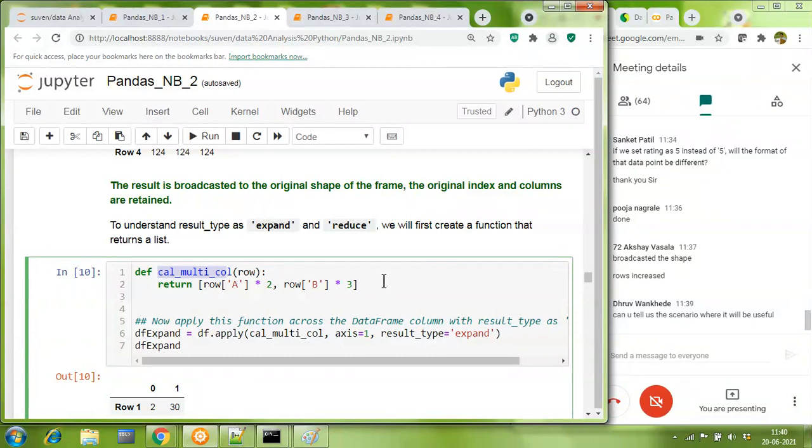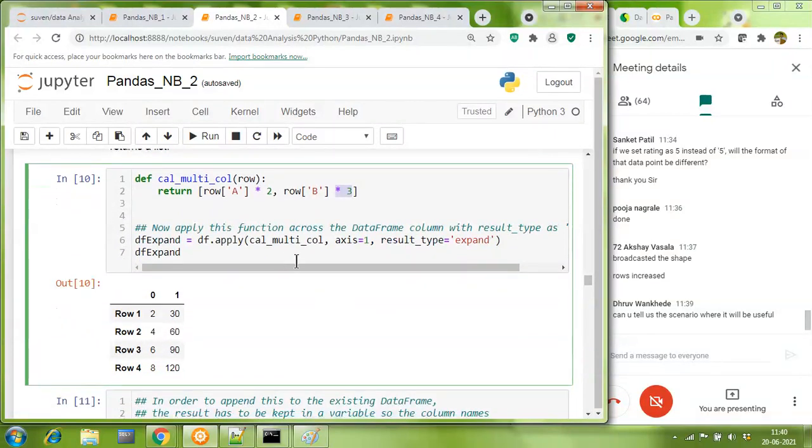It takes every value from the A column, multiplies by 2, then takes every value from the B column, multiplies it by 3. So data frame apply is applying calculate multiply column, and when you say expand, whatever answer you're returning can be shown as values in two columns.